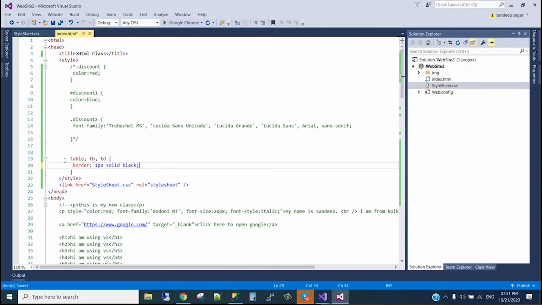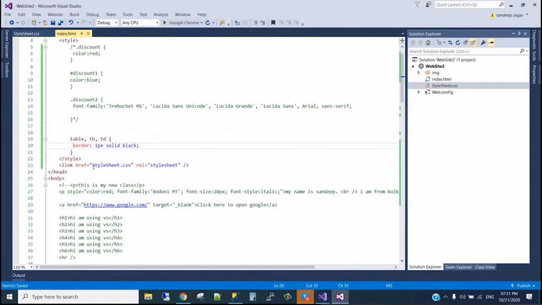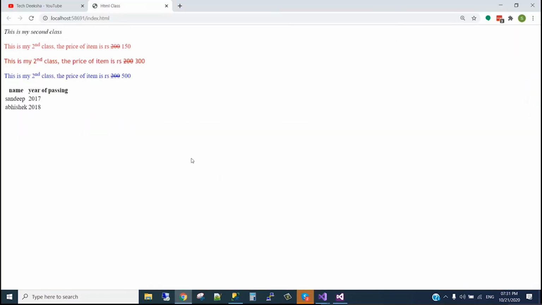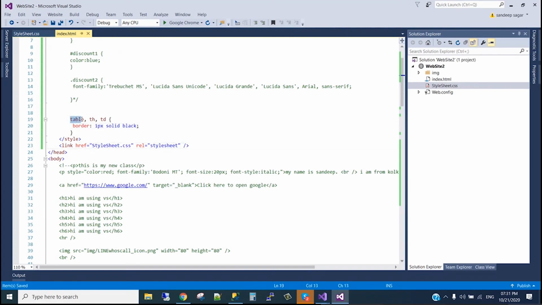So this is general for whatever table we have and whatever th and td inside it, it will make it a 1 pixel solid border. We can use a class also, or the table id, but I am doing it generically, so whatever table we create, it will apply across the whole website. So see, now it's a table format. We can use the id or table class, whatever, and we can use the generic one for all tables.